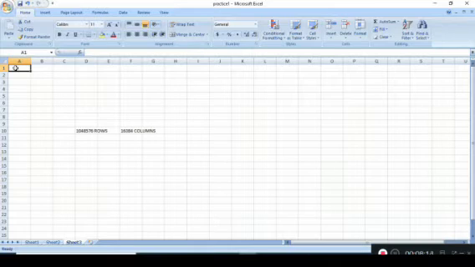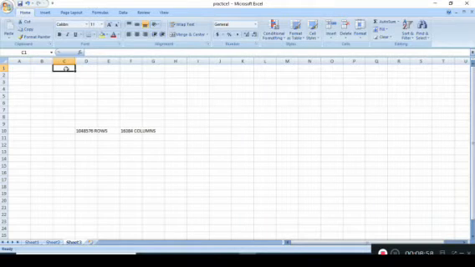You can see here, when I put the mouse cursor in the first row or first column, the name box, also called the cell address, shows us the cell number. Where the mouse cursor is pointing, it shows us the address of that particular box. Now I am keeping the cursor in the second column. You can see here, this is B1. That means we are keeping the mouse pointer in column B, in the first row.